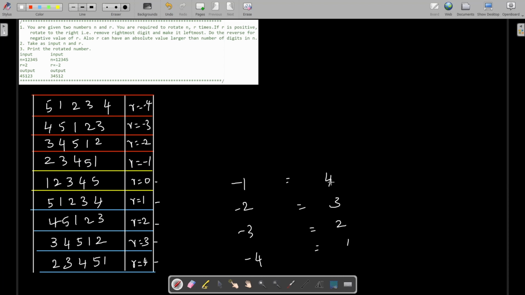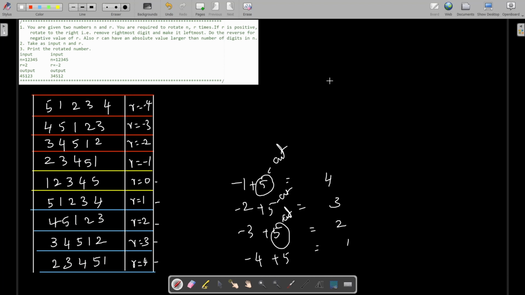So how can we equalize this thing? If you want to do minus 1 rotation, you need not do a negative rotation, because that is equal to your positive fourth rotation, right? So how can you equalize this? It's nothing but adding 5. I am specifically doing plus 5 for this case; it will vary in different cases. What is that 5 actually? The 5 is nothing but your count of digits. So you can add this count, so it will be a standardized format.